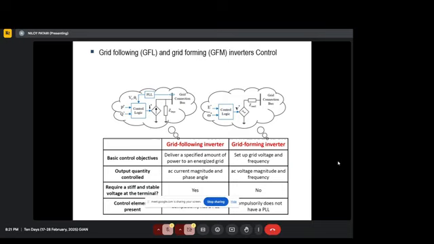It follows whatever the grid voltage is at its terminal, and then it gets connected to the grid. It is not affecting the frequency or any other things. It is just changing its own current injection,